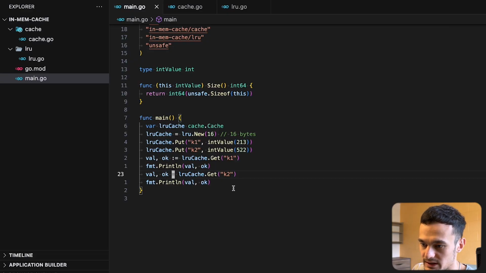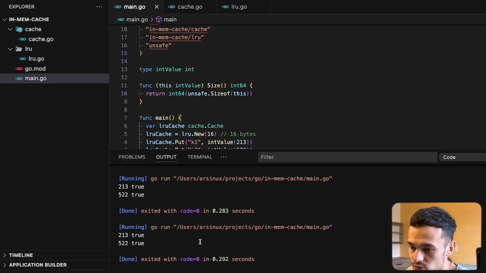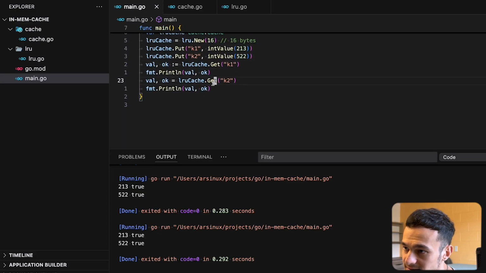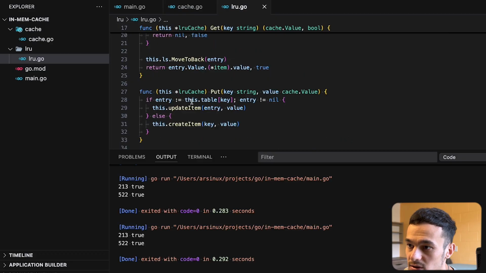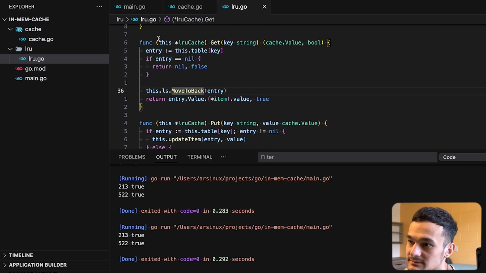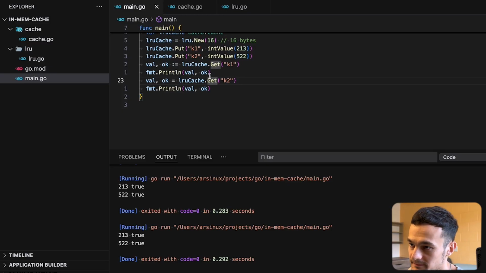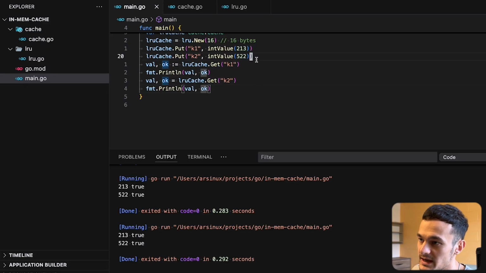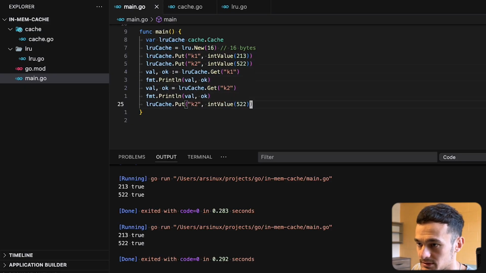Remember when I said that when we get, we make this operation. We move the entry to the end of the list, basically saying it is the newest one. So when we get key 1, although at this point it was the oldest one, after we fetched it once, K2 now becomes the oldest one. So at this point, K1 again becomes the oldest one. Okay, so if we add another K3